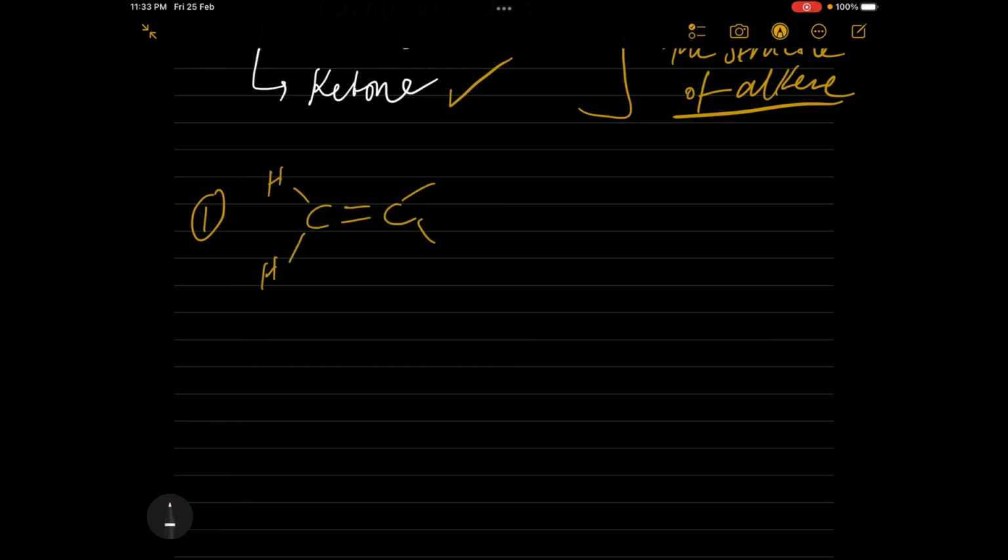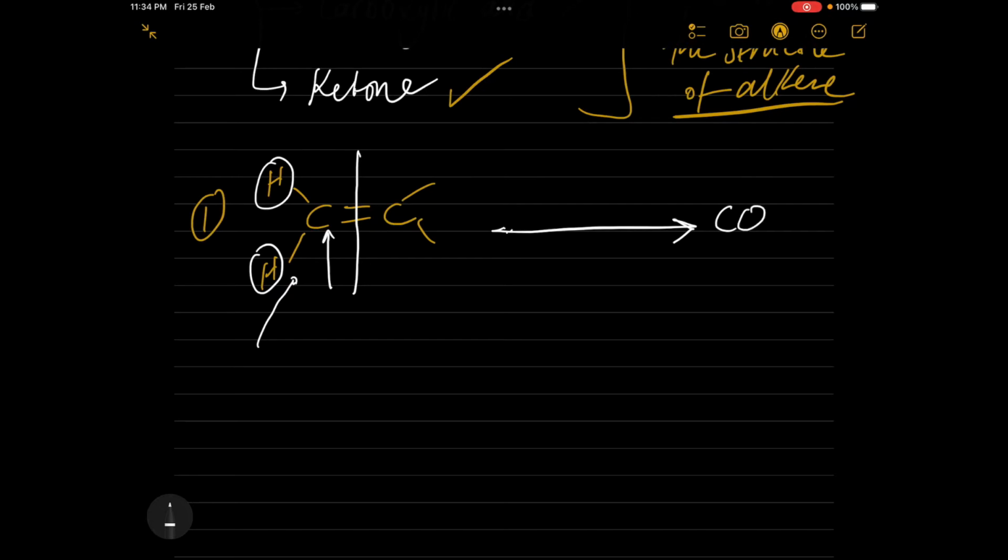So let's take case number 1. When the carbon on the double bond is bonded to 2 hydrogen atoms, what will be the product in this case? Put in your mind, the breaking of the bond will be in here. The double bond will be broken. So the product that will be produced directly is, like CH2, the whole compound will change to carbon dioxide